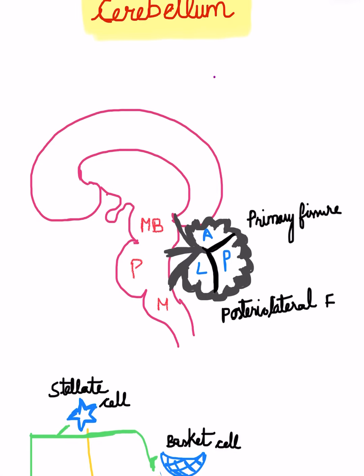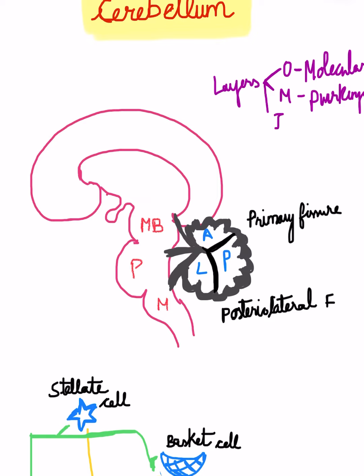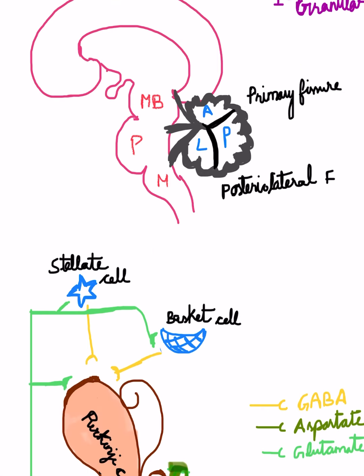In the cerebellum, we have three layers from outside to inside. The outermost is the molecular layer, the middle is the Purkinje layer, and the innermost is the granular layer. Let's see each of these. In the outermost molecular layer, we have two types of cells, that is stellate cells and basket cells, which are present